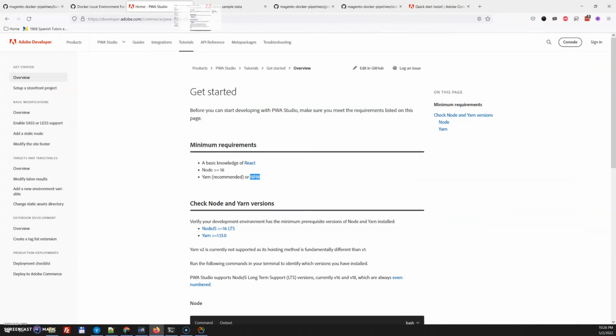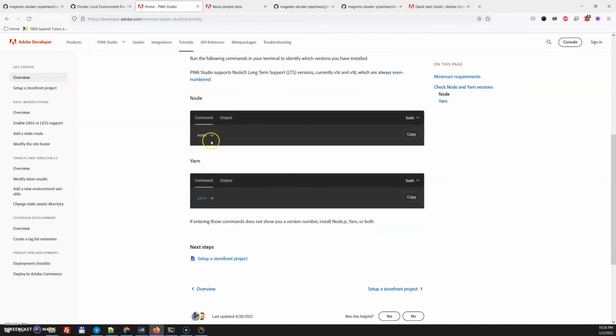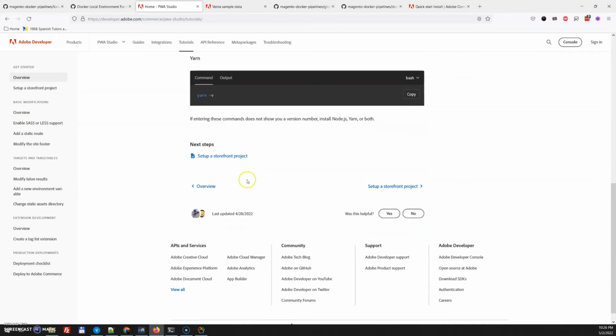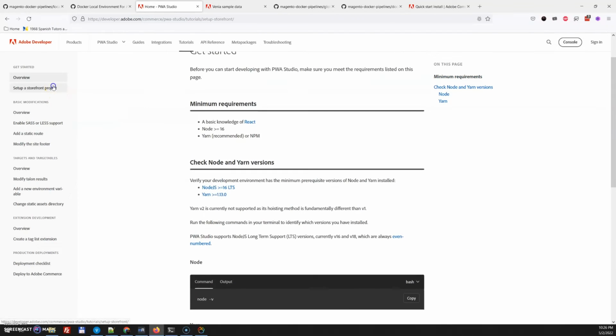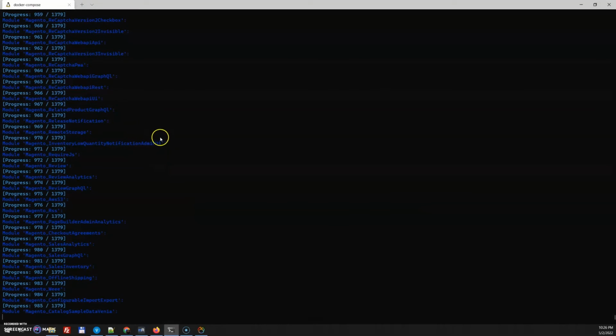There is Magento page, how to get started, so it tells us to check our versions of Node and Yarn, in case we're gonna use Yarn, and then proceed with installations. So we do it locally. We do it on our main machine, not on Docker environment. So we're gonna use npm, and while my Magento installs, I will go here, I will make folder